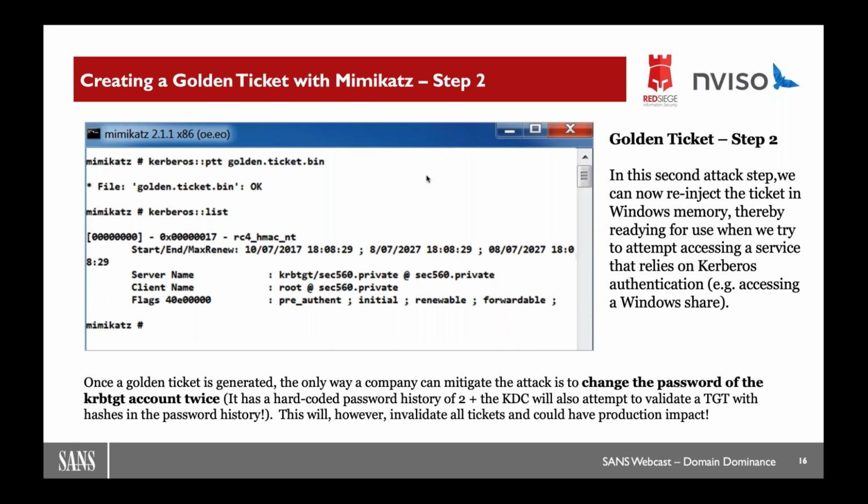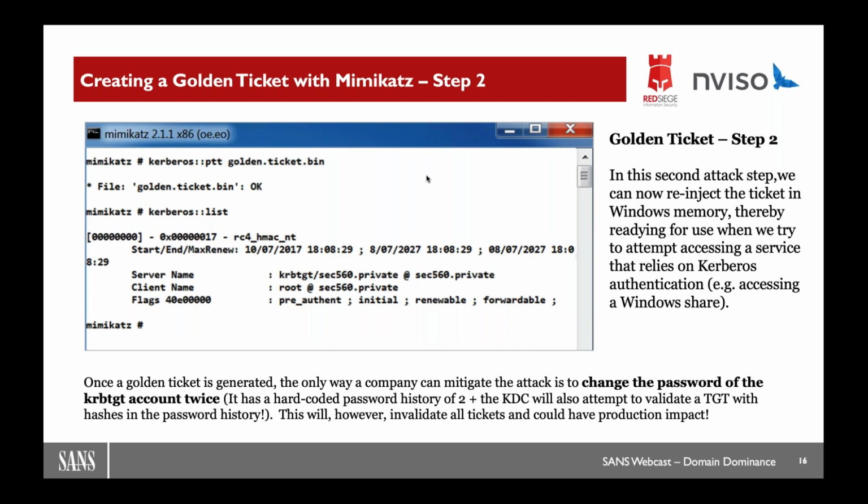Now, how do we defend against that? As a small pointer, you cannot stop this from happening. What I mean by that is you cannot stop an adversary from writing their own TGT once they have access to the Kerberos long-term keys. Of course not, because they do it on their own, in their own infrastructure. What we can do, though, is invalidate those tickets. And how could we do that?